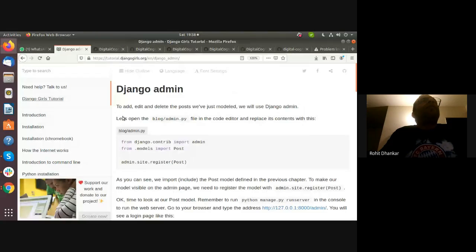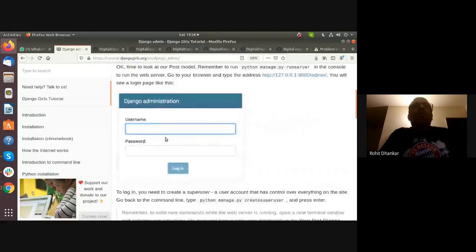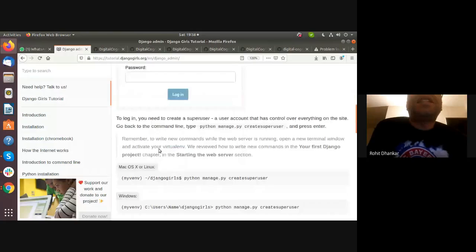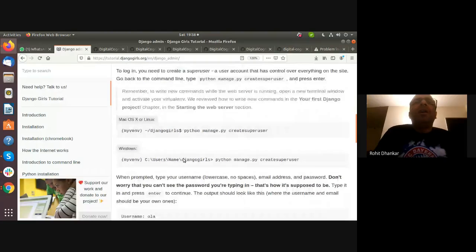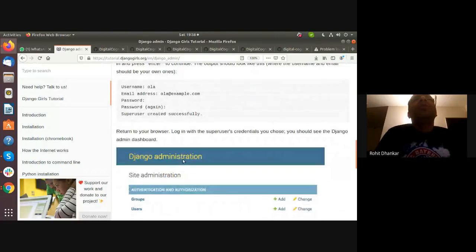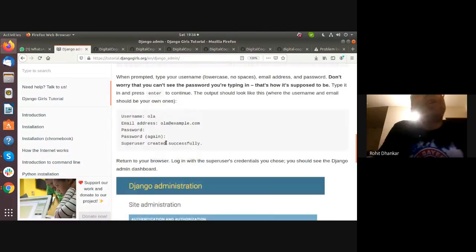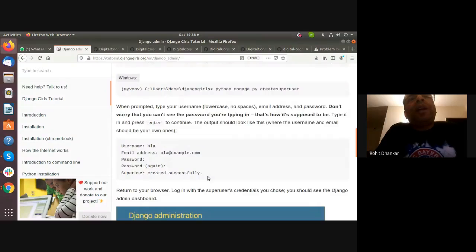Okay, the next thing after this is the admin. Okay, so you get to see something like this, a screen like this, and so this is simple stuff. One thing you will have to do. Yeah. Sorry, I forgot. One thing everybody will have to do, that you will have to create a super user login at your end. Okay.